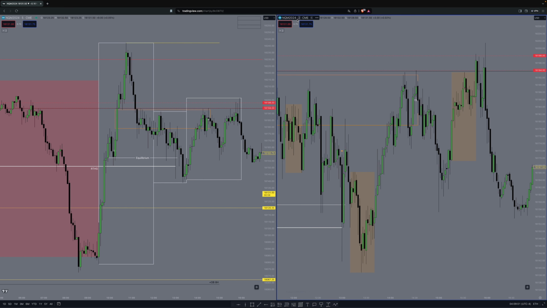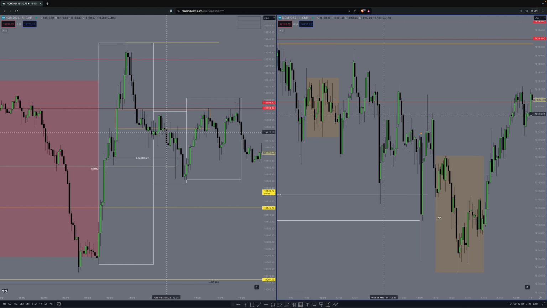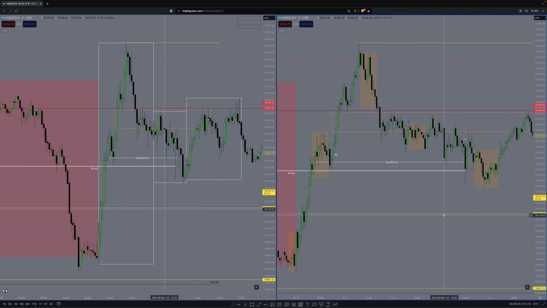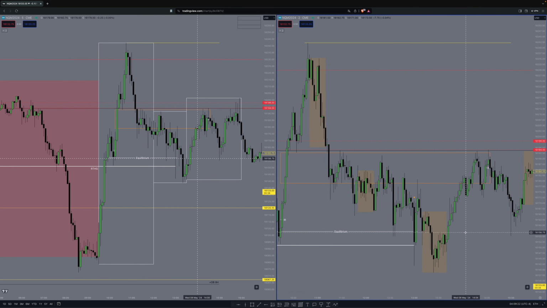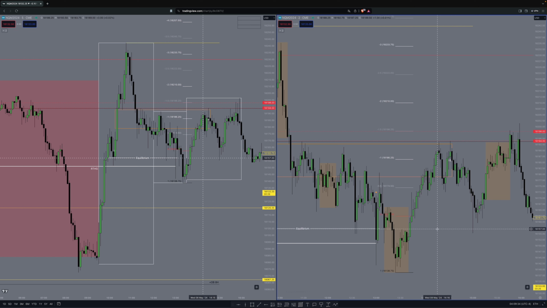So this is the 2 minute. I know it's a very odd time frame. People don't really use that, but I was looking at it, since the 1 minute is all choppy and just wicks everywhere and all that. So I was looking at different time frames. I found this on the 2 minute, right? We run the liquidity, okay, and then breaker again, measuring gap. That's the model, right? Boom. Let's put a fib on it, and you can see.